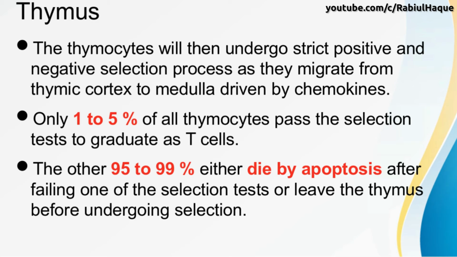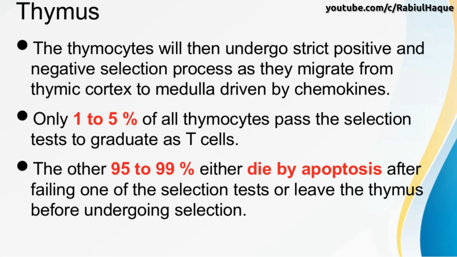The other 95 to 99% will either die by apoptosis after failing one of the selection tests, or they will leave the thymus before undergoing selection. And the last one, that is leaving the thymus before undergoing selection, is particularly true for gamma delta T cells,